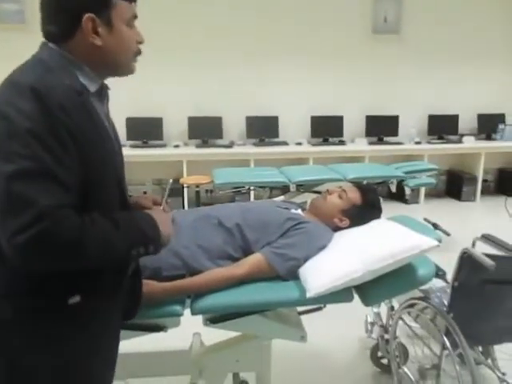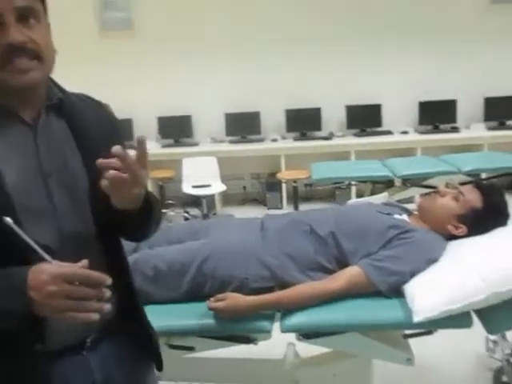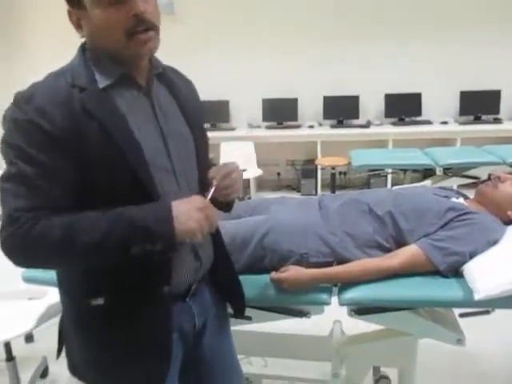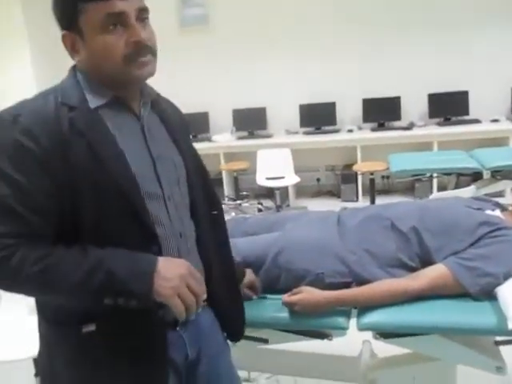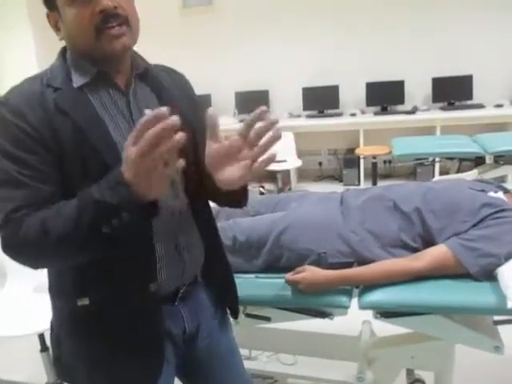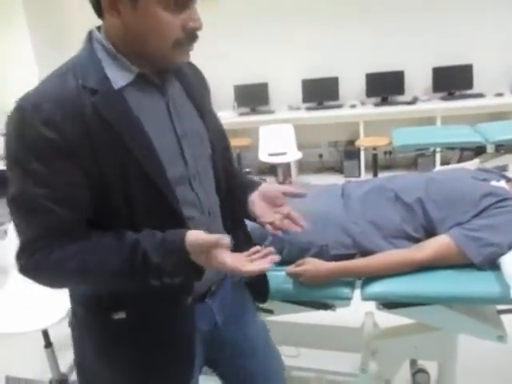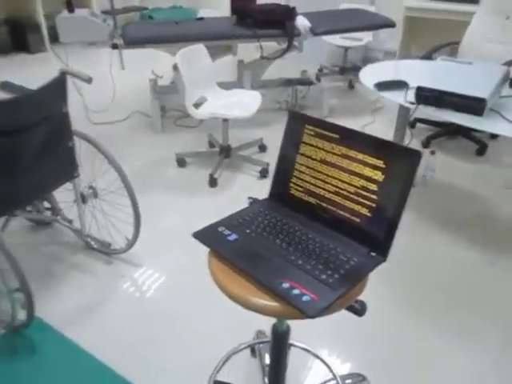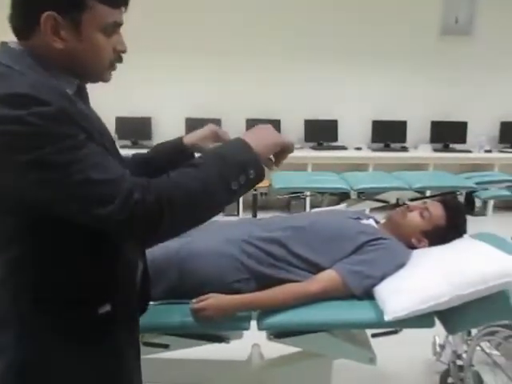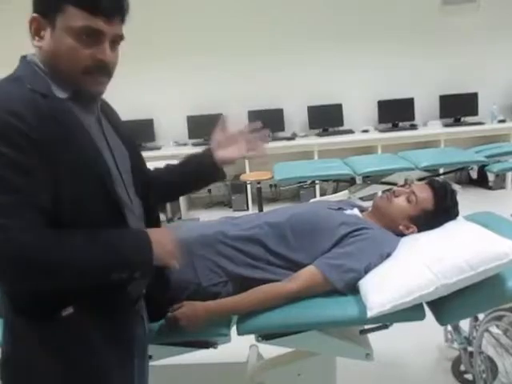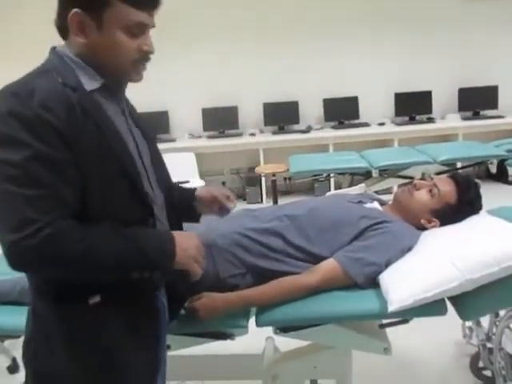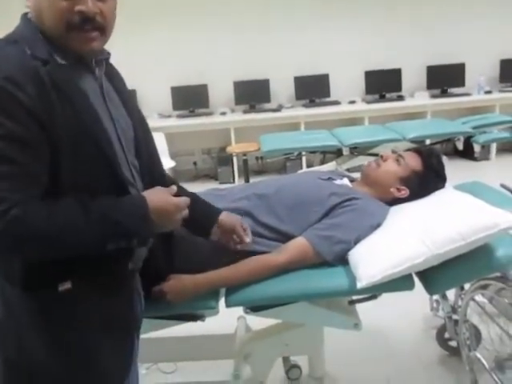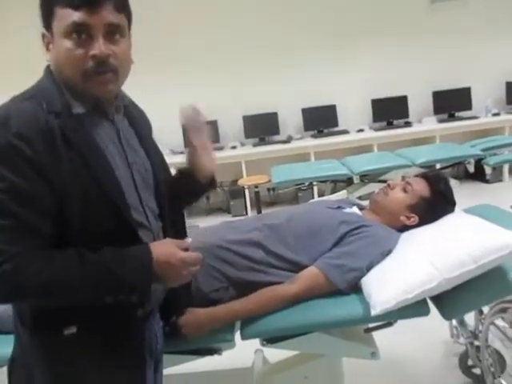Next is temperature. For temperature, you must take two test tubes, one with hot water and the other with cold water. Generally the cold water should be between 5 and 10 degrees centigrade, and the hot water should be from 40 to 45 degrees centigrade. So take the two test tubes. Now again ask the person. First you have to demonstrate. See, these are the two test tubes. One is with hot, one is with cold. Now I will touch you. You tell me whether it is heat or cold.